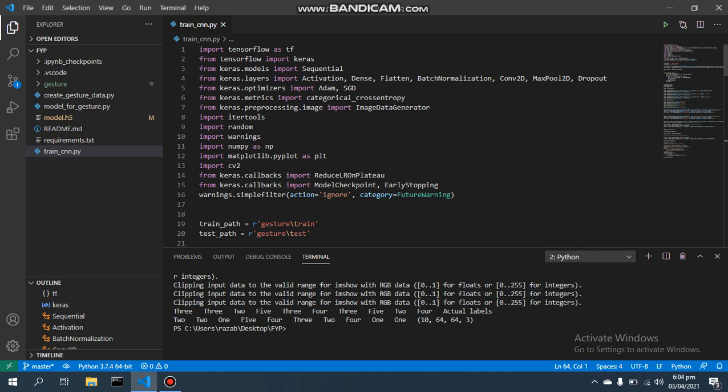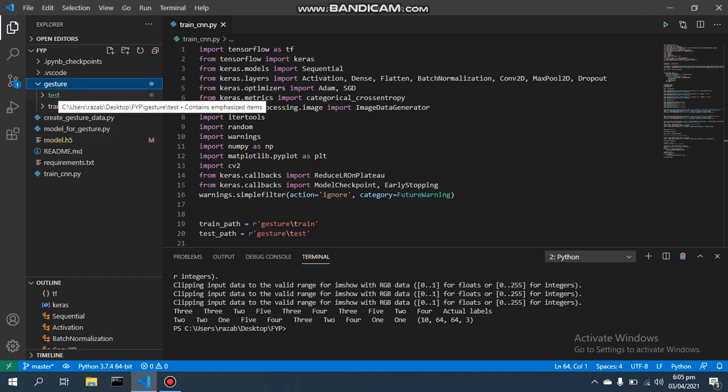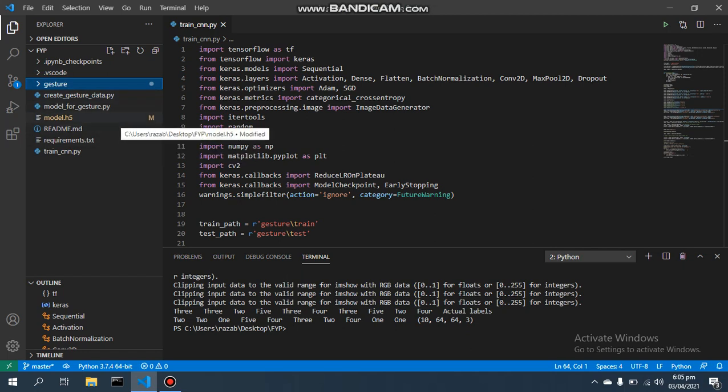My file directory for this project includes three main files named create gesture data, train CNN, and model for gesture data. You can see that there are many different files as well, and I'll explain these as well. And I have a main directory called gesture data, which contains the training as well as the testing data for the training and testing of our model. Let's begin with our first file, named create gesture data,